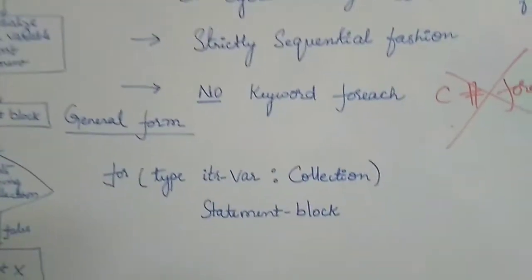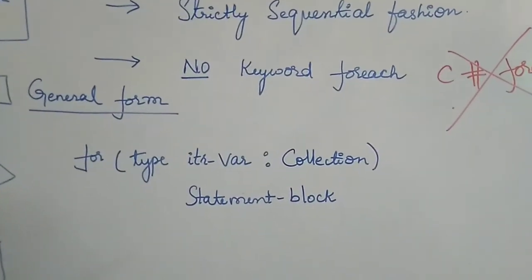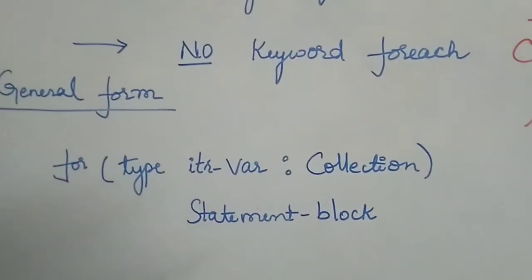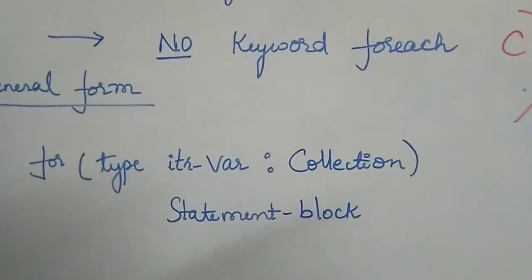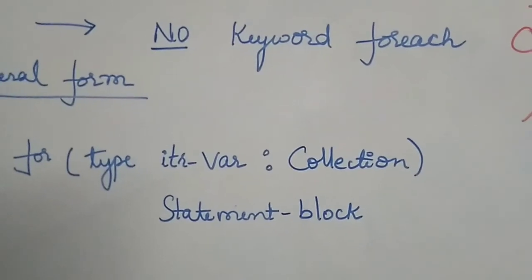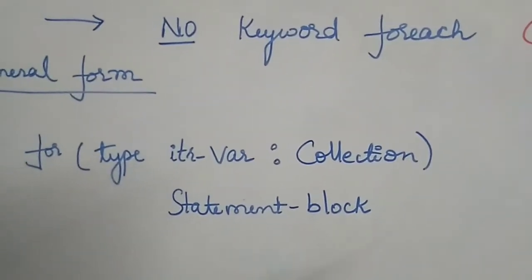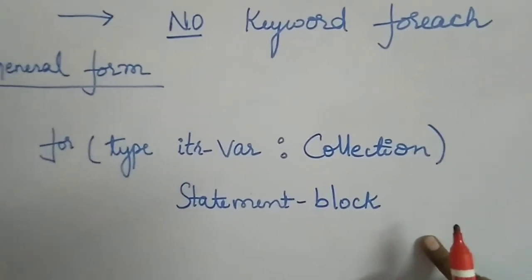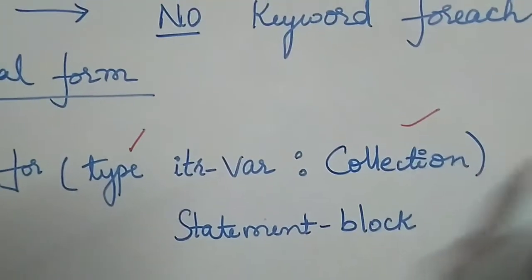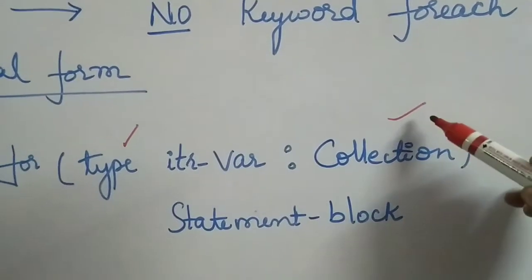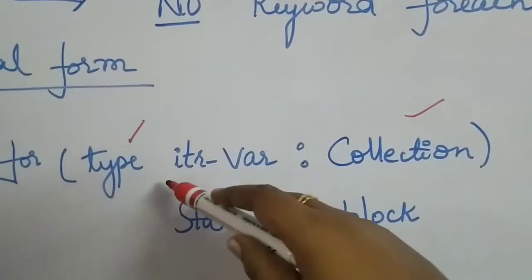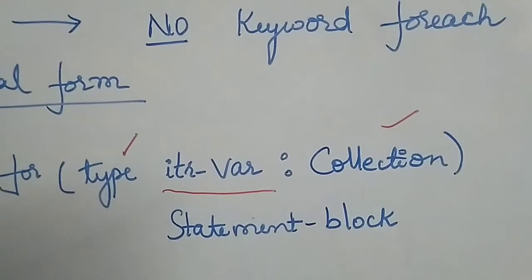We'll see the general form of how to use the enhanced for. So we'll be using it like this. I say for, and see, I have not used any keywords over here. The syntax has changed a bit inside the for. We are saying type and iterating variable, colon, collection, and then inside this we write the statement block. The type and the collection type should match. The collection name is given over here, and each and every element will be taken one by one into the local variable, which is the iterating variable.